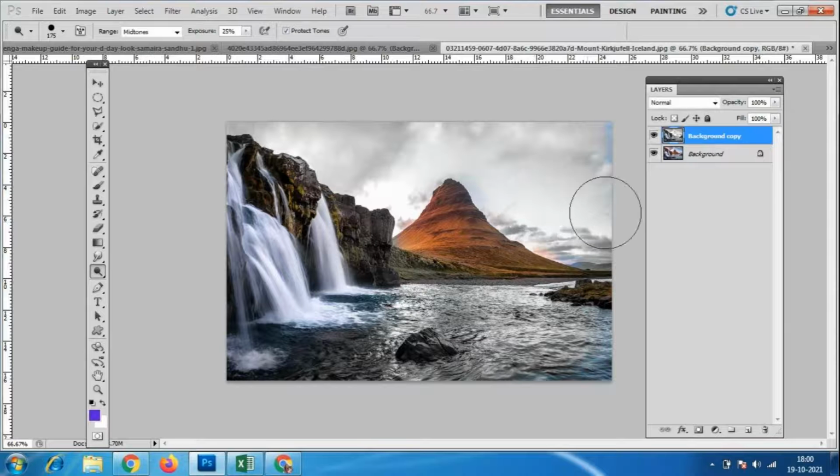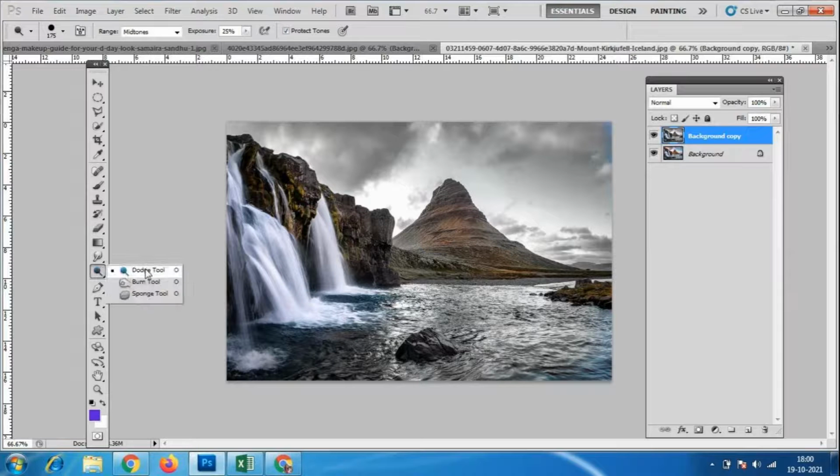If I want to make this image colorful again, it will not do it. So the dodge tool is only to make the image brighter.